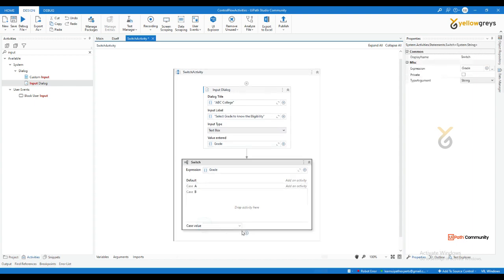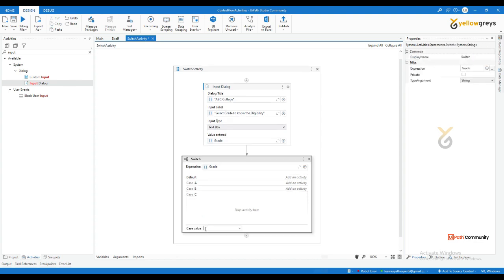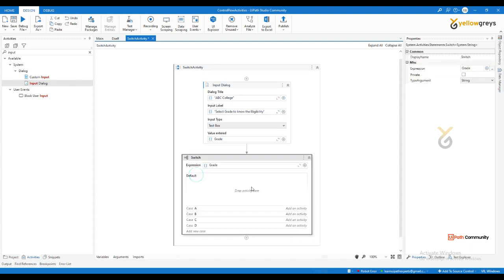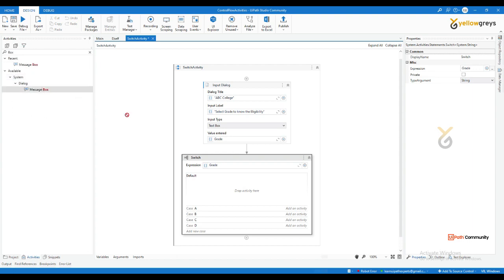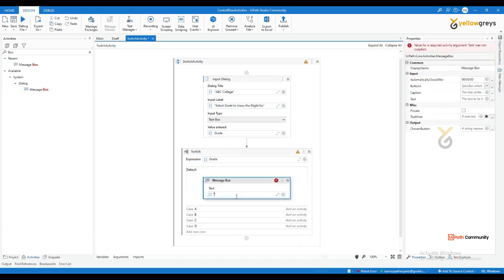Okay, here you can add another case value C, and here you can add the case value D. Okay, and the default, so if you enter any other grade, it will take you into this default block. Let's add a message box to default, and here I can add: there is no eligibility marks for given